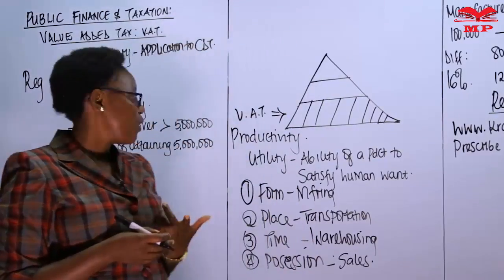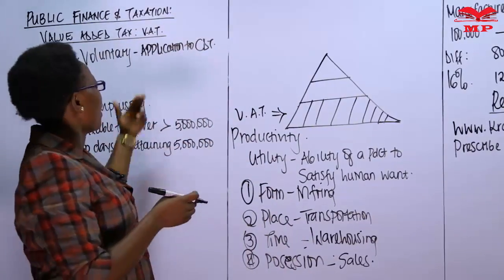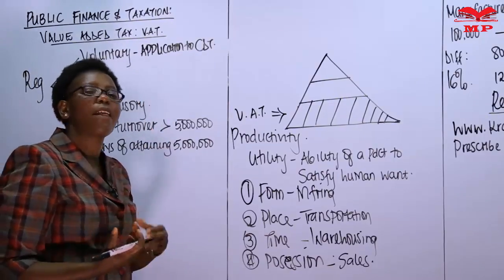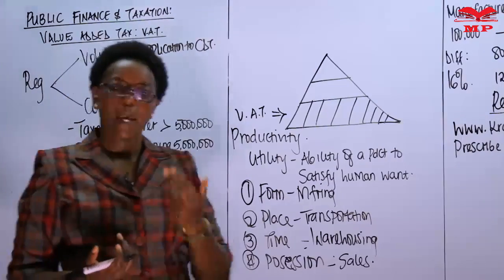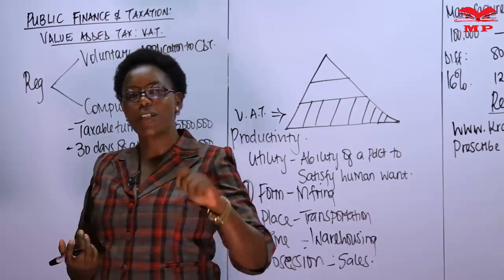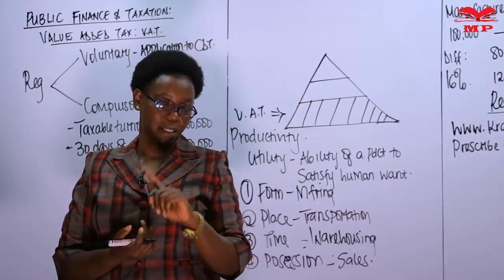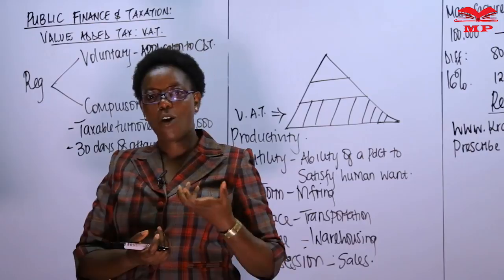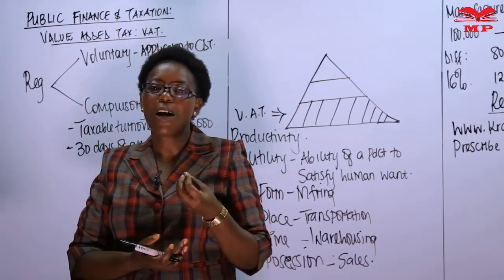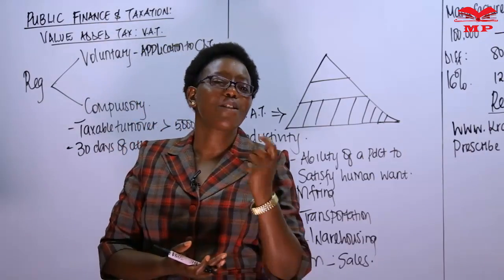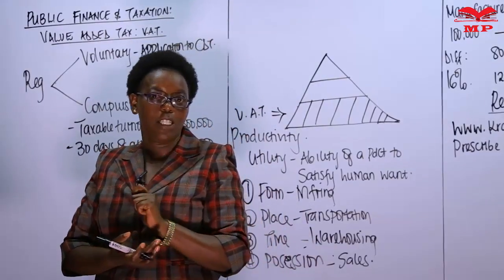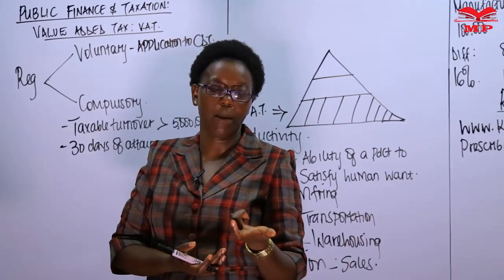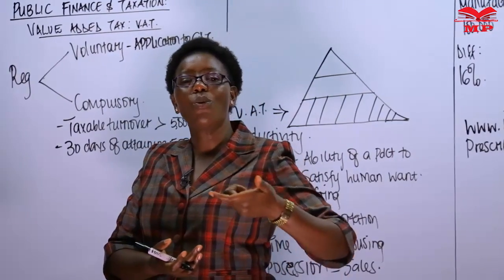Now, there's a third way. You see, these two ways is where this will originate from the taxpayer, from the business. The third way is where you're making taxable supplies. You know that you ought to be registered for VAT, but you're yet to register for VAT. So if the Commissioner of Domestic Taxes comes across such information, he is going to register you for VAT. And that registration, since you did not declare when you became taxable, it's going to be